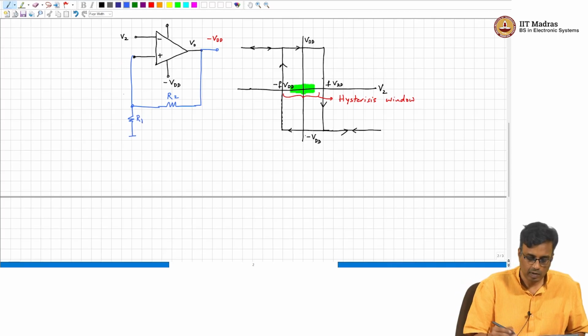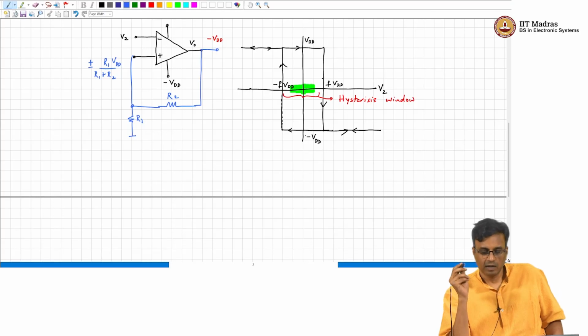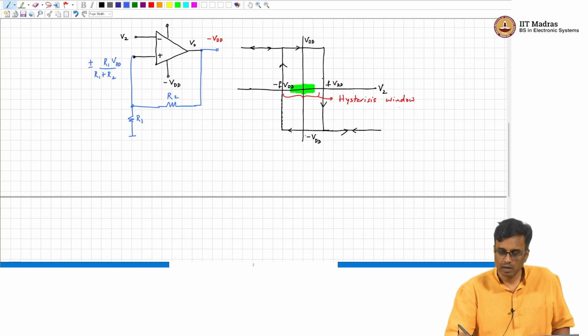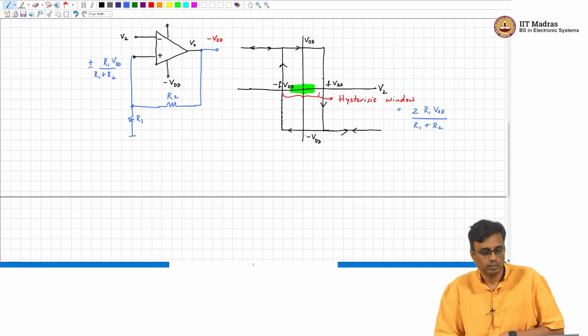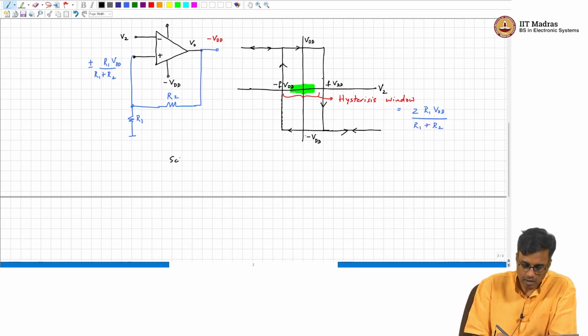So, this voltage is R1 by R1 plus R2 times VDD, and the hysteresis window is twice R1 VDD by R1 plus R2. Right. So, this is what is called the Schmitt trigger,